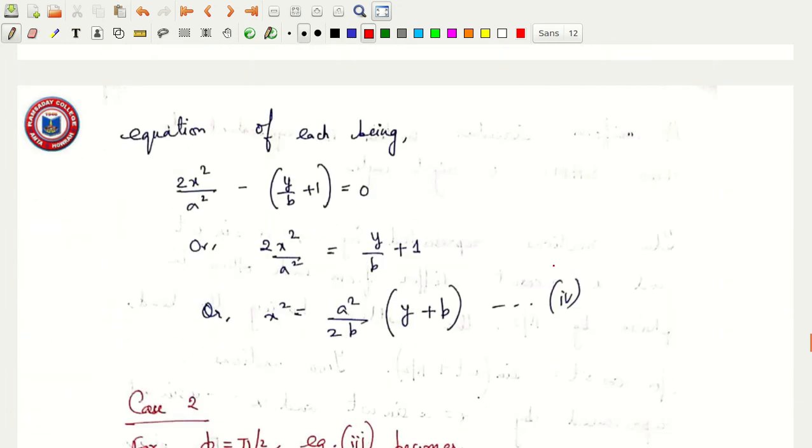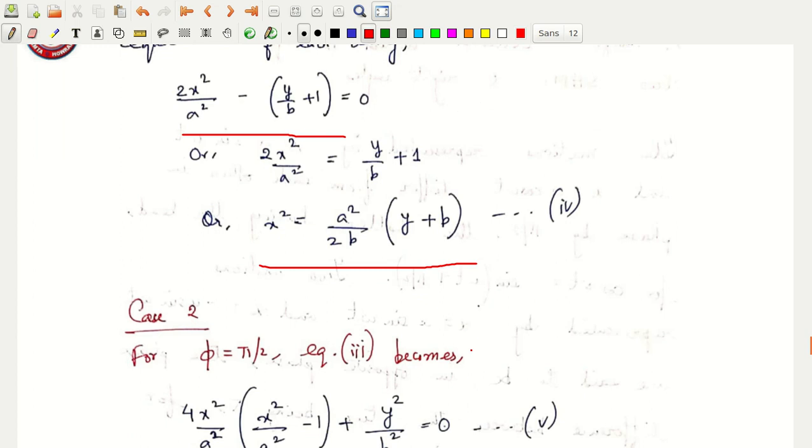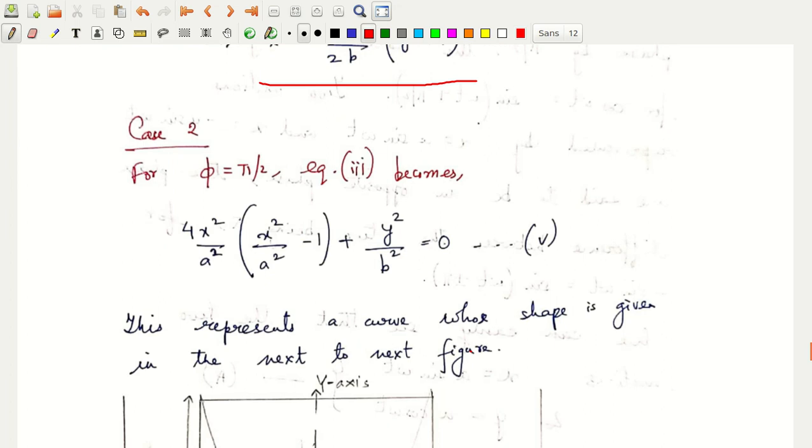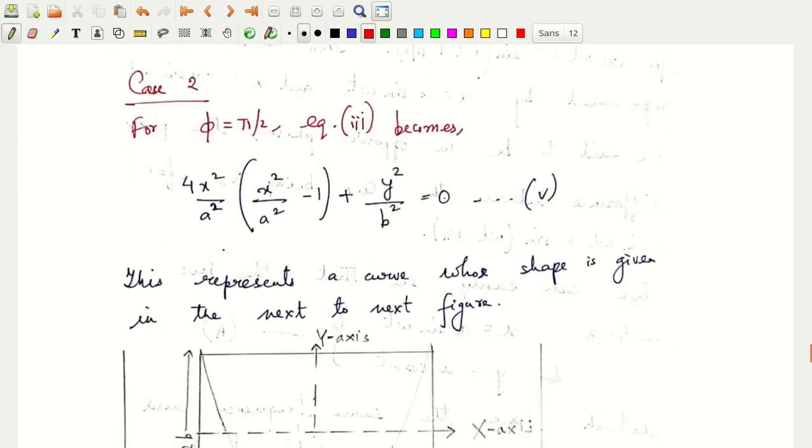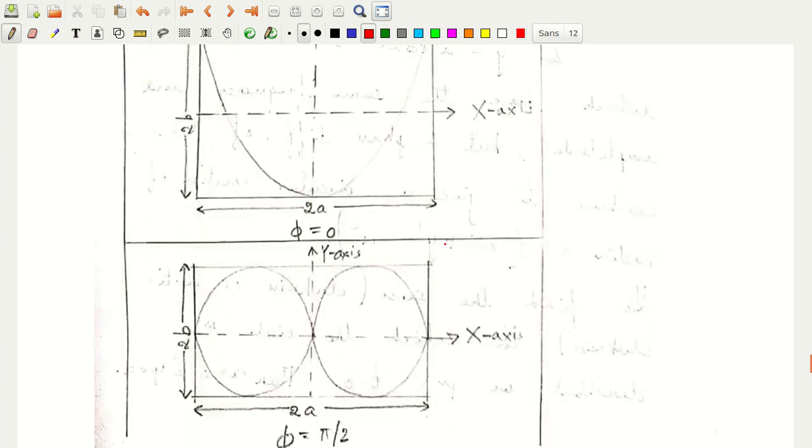An equation of each parabola will obviously be given by this, or x square equal to a square by 2b in bracket y plus b, and I will show the graphical illustration of that. Let's study one more special case, when phi equal to pi by 2. Substitute that here, then I get an equation of this type, and this represents a curve